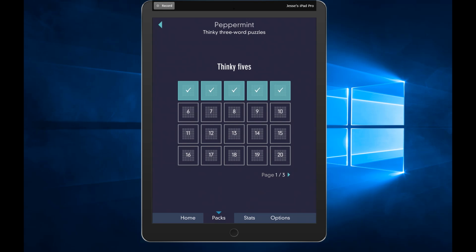Now, if you are playing one of the free sets, sometimes you will get ads. And unfortunately, there's been a couple where the close button has been up in the upper right-hand corner, and some where there's a yes or no button that you have to click the no. But again, that's not any fault of the game. That's just their crappy, deceitful ad mechanism that they use to get people to accidentally click their ad. Unfortunately, it's a real pain in the butt for accessibility. But as far as the game itself,